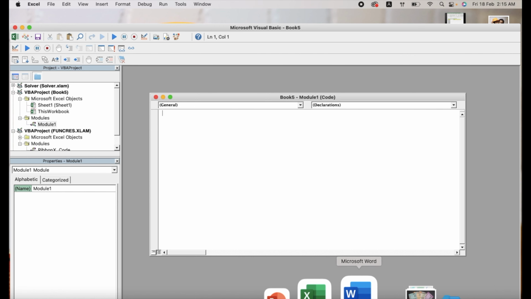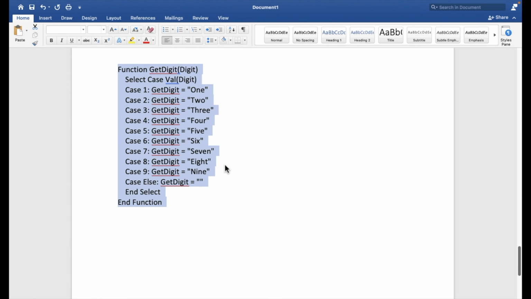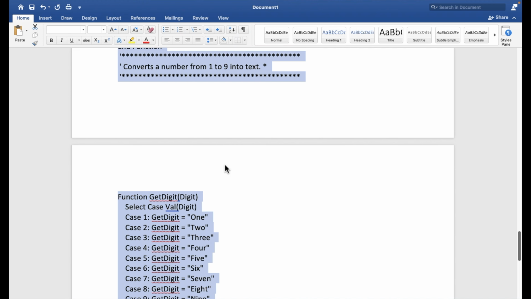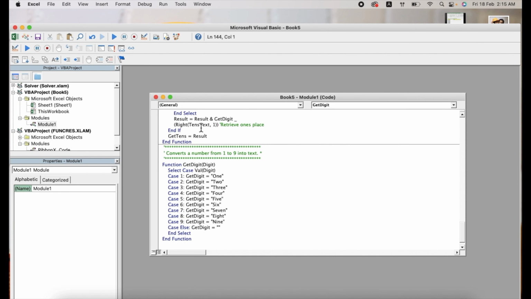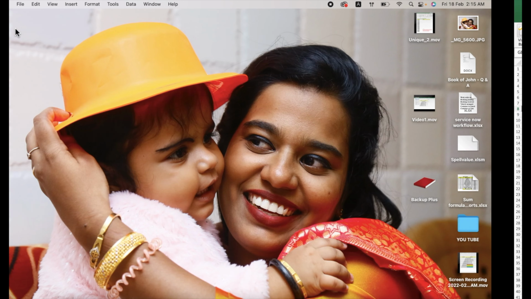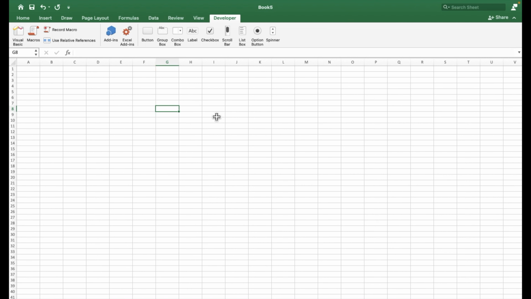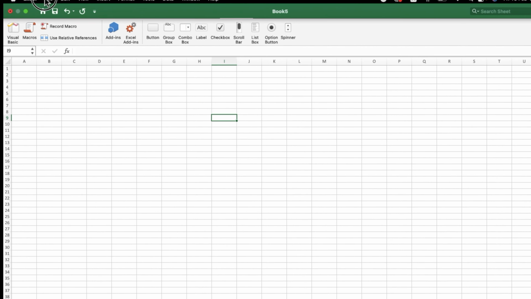So let us do it. I have the script saved in a Word file. I'll just copy this entire script and then I'll paste it over here and I'll close this window and then again I'll close this window over here. I have given the script in the description column so that you can view this and download this on your workbook as well. Then you can save this file